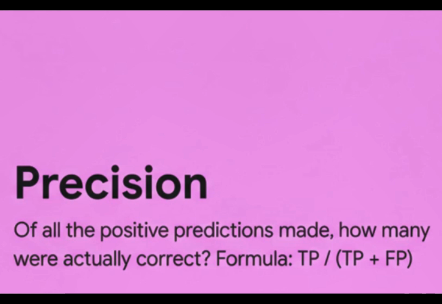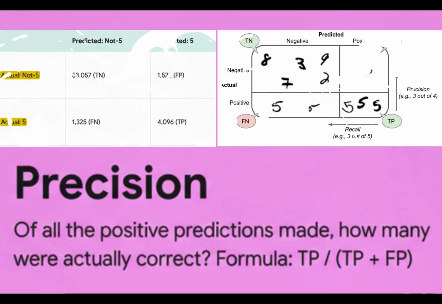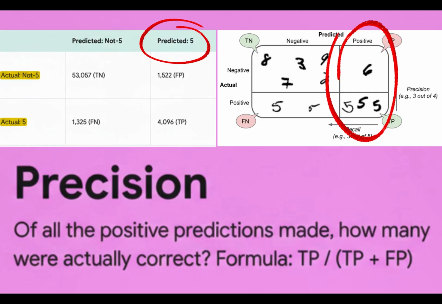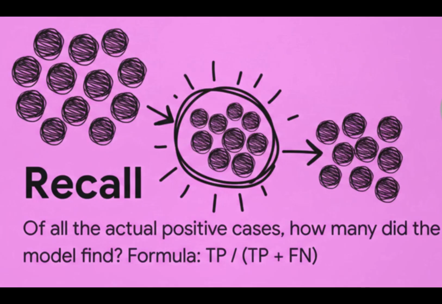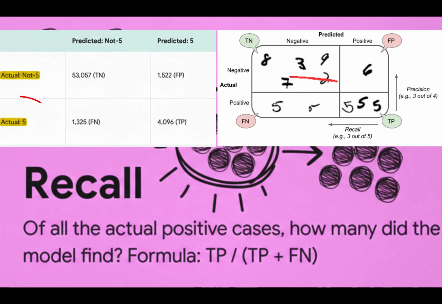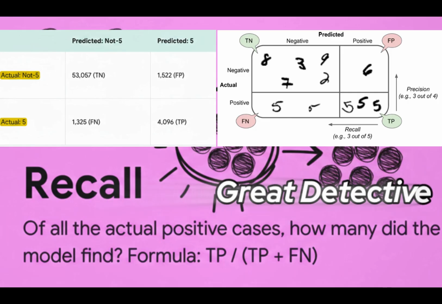First, let's see what precision is. Think of this as the quality of the model's positive predictions. It answers a simple question. Of all the times my model flagged something, how often was it right? So a high precision means that when the model says yes, you can probably trust it. And on the other side of the coin, you've got recall. This isn't about quality. It's about completeness or quantity. Recall asks, of all the positive things that were actually out there to find, how many did my model manage to catch? High recall means your model is a great detective and doesn't let much slip by.